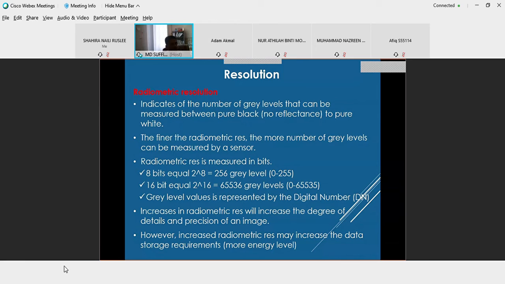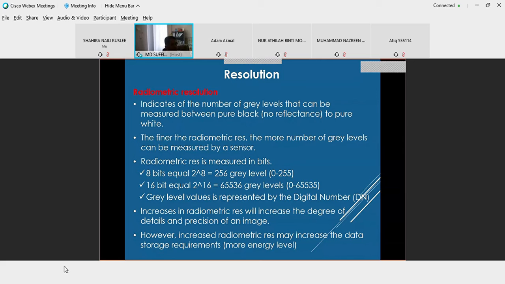So kalau kita kata high radiometric resolution, dia punya data tu, bit dia lebih besar. Sebagai contoh kalau kita tengok di sini 8 bits, bermaksud bahawa dia ada 256 gray level. Gray level dia start daripada 0 sehingga 255. Tetapi kalau data dia tu adalah 16 bit, bermaksud dia ada lebih kurang 65,000 gray level. Dia pecahkan lagi gray level. So data dia ada daripada 0 sehingga 65,535.